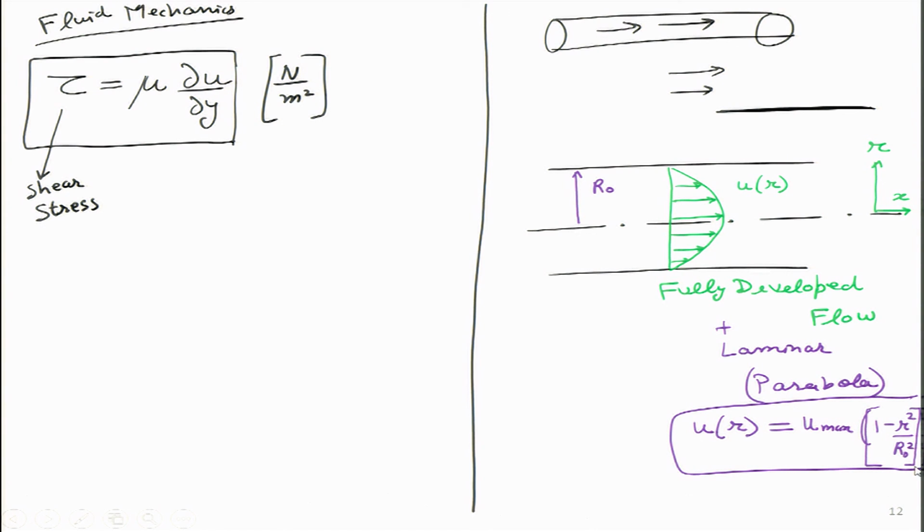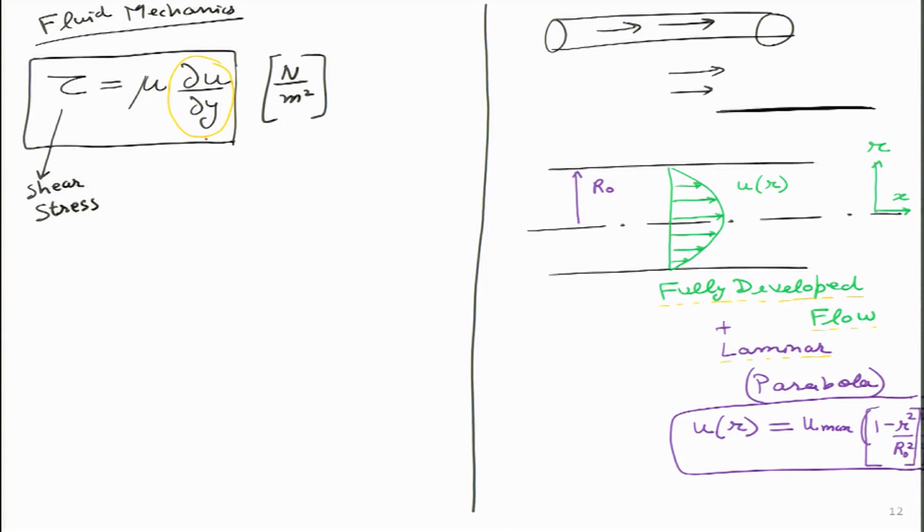So, I am jumping ahead a little bit because I have not defined what is fully developed, I have not defined what is laminar right now. So, I will come back to that in just a minute, because there are certain parameters that I want to define first. In this particular case we can clearly see that mu del u by del y, or in this case del u by del r, is actually the velocity gradient. So, I can write that this represents the velocity gradient,